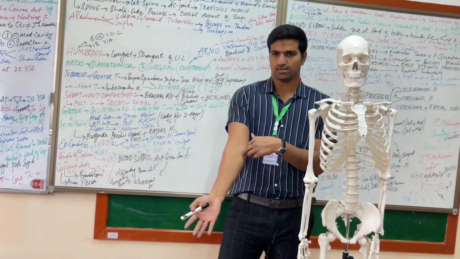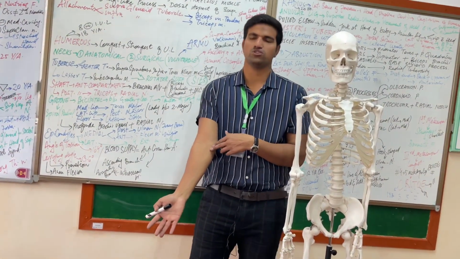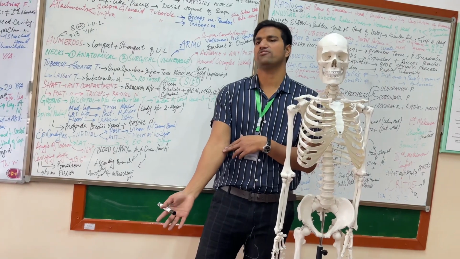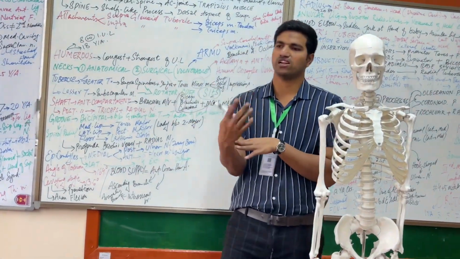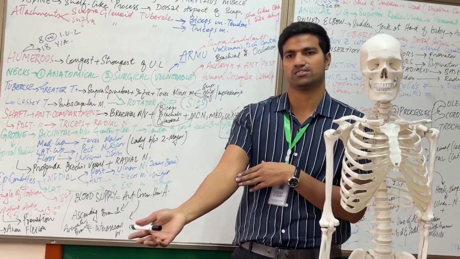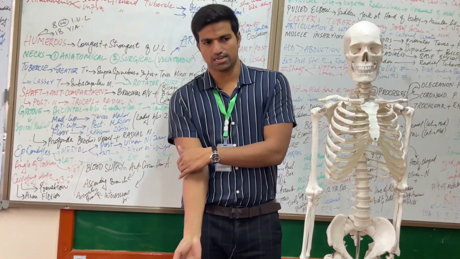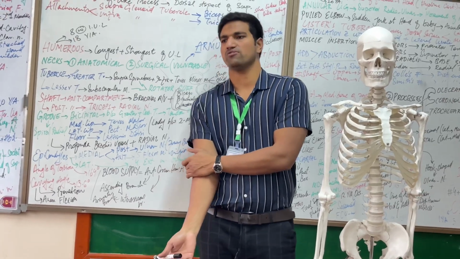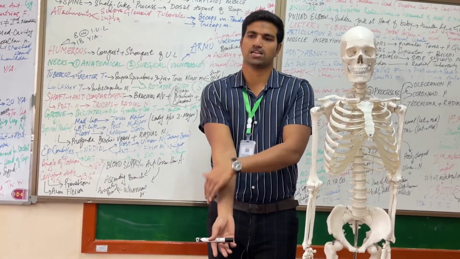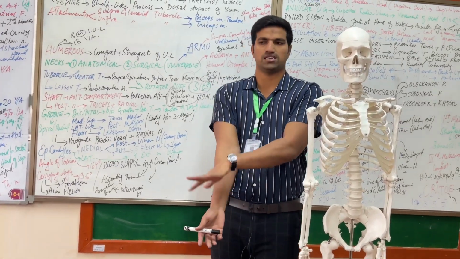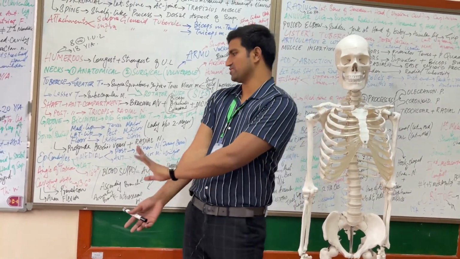And if we talk about the anterior compartment of the medial epicondyle of the humerus, we have the origin for the 5 flexor muscles, like flexor carpi radialis, flexor carpi ulnaris, flexor digitorum, like that, 5 flexor muscles. And if we talk about the anterior compartment of the lateral epicondyle of the humerus, then we have the origin for the 4 extensor muscles, like extensor carpi radialis, extensor carpi ulnaris, extensor digitorum longus and brevis, like that.